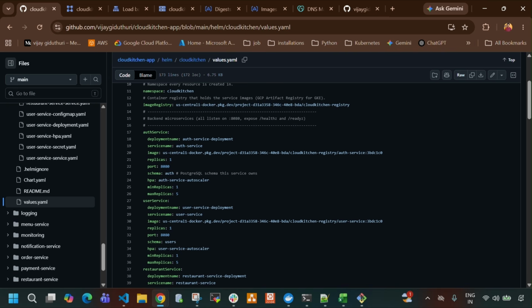When ArgoCD applies this Helm chart, it is going to create around 51 Kubernetes resources inside the Cloud Kitchen namespace, like a total of 9 deployments. Of these, 8 are Go microservices: auth, user, restaurant, menu, order, payment, delivery, and notifications. So these are the 8 Go microservices. Apart from this, it is going to create a React front-end service, and also one Postgres StatefulSet, which is the shared database with 8 schemas and 12 tables, and one NATS JetStream